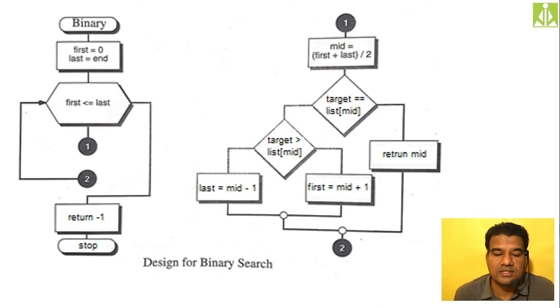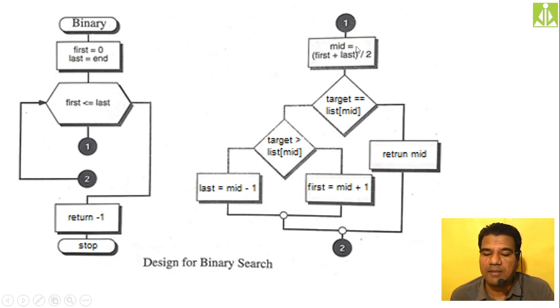So here you can see every time first equals to 0 we are saying, last equals to end we are saying, last element. Okay. And till what extent we are continuing the loop? Till first value is less than or equals to last. If first value is going beyond last, if first value is becoming greater than last, this condition will fail. So ultimately your complete binary search will collapse and we make the statement that target is not found in the list. So in every iteration of this loop, what we are doing? We are calculating mid. Mid equals to first plus last divided by 2.